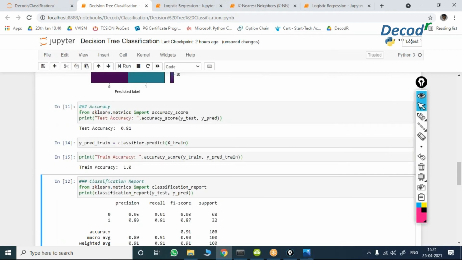It is 100% because you have gone until the end.